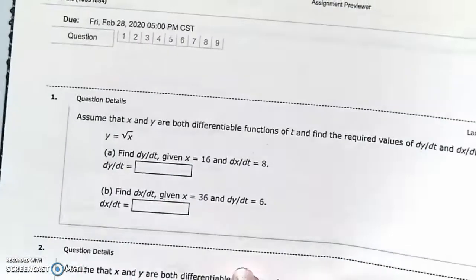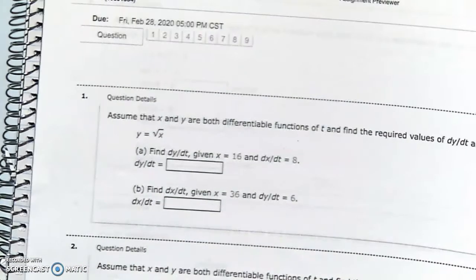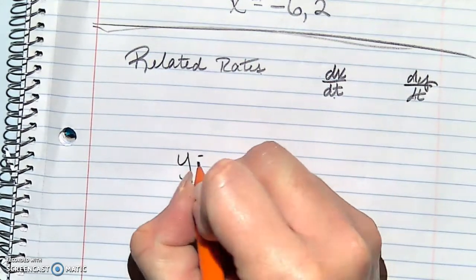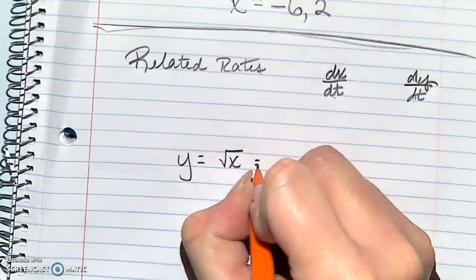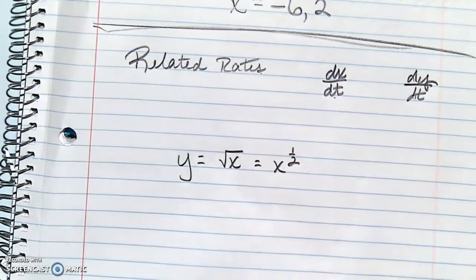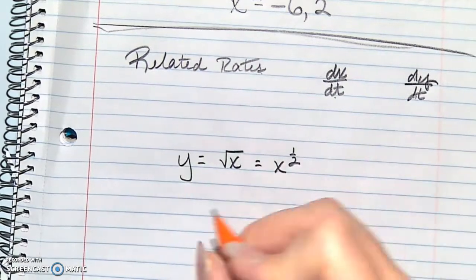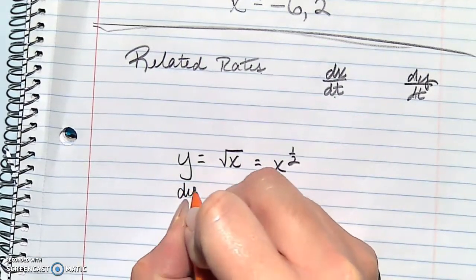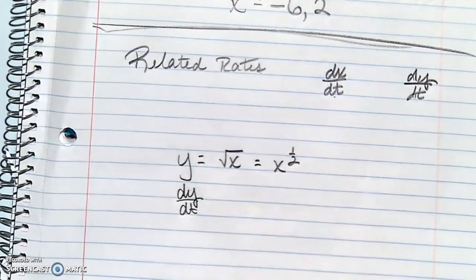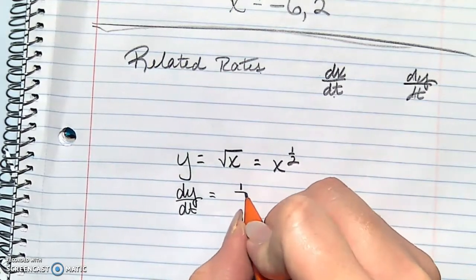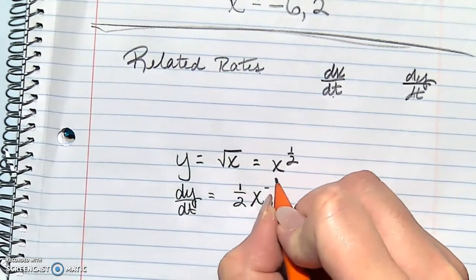So for number 1, what we have on your homework is going to be y equals the square root of x, which I can rewrite as x to the 1/2. And what I will do is just take the derivative of both sides. It's the same process as what we've been doing. The derivative of y is 1 dy dt, and then the derivative of x to the 1/2 is 1/2 x to the negative 1/2